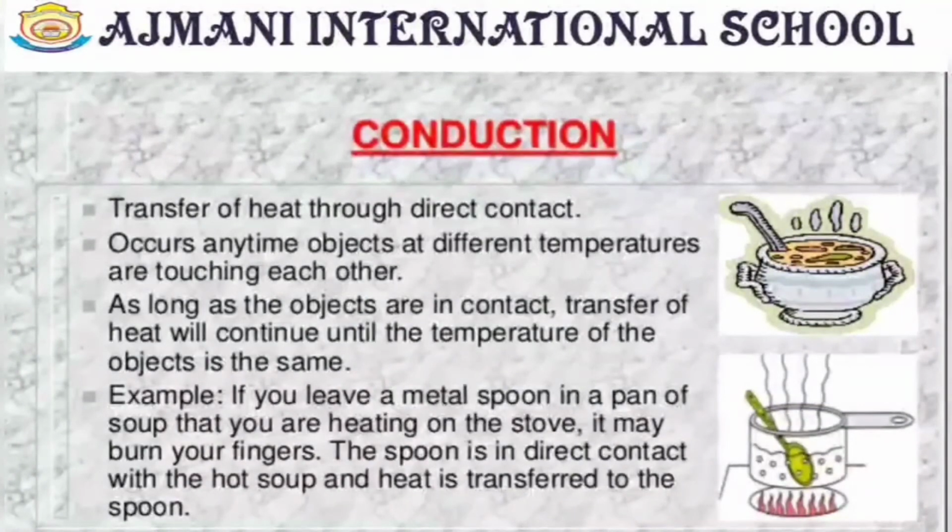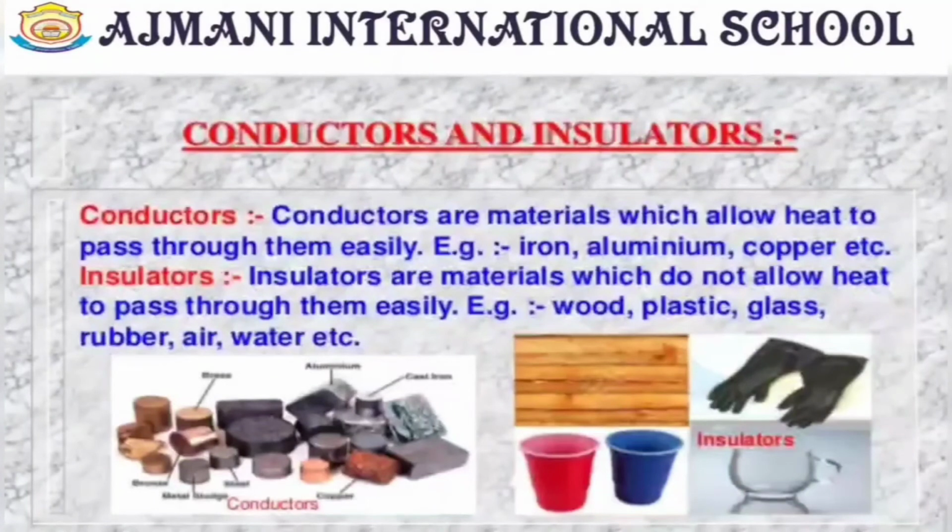And when you are talking about conduction, you should know about conductors and insulators as well. The materials that allow heat to be conducted easily through them are called conductors. Metals like iron, copper, silver and aluminium are examples of conductors. Whereas the materials which do not allow heat to be conducted through them are called insulators. Wood, plastic, fur and air are examples of insulators. You must be knowing that for cooking utensils we use aluminium. Do you know the reason? Yes, because aluminium is a good conductor of heat and it heats your food faster.